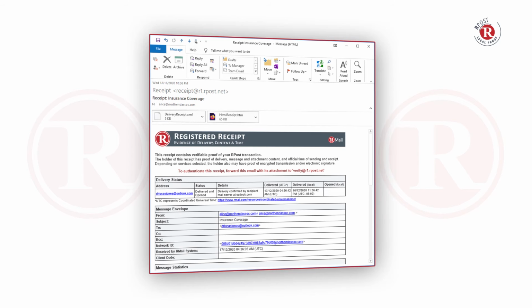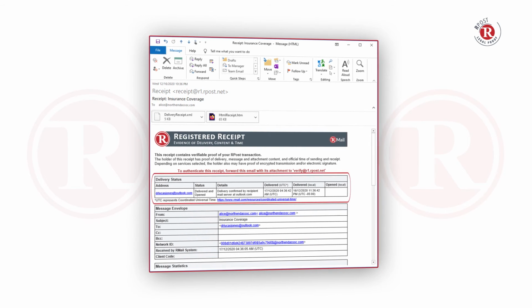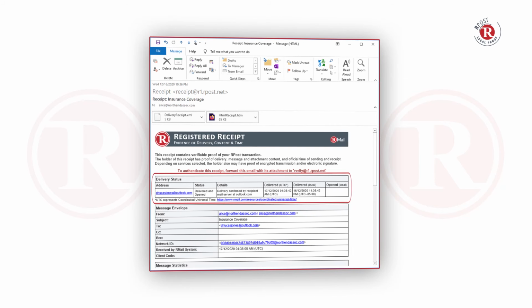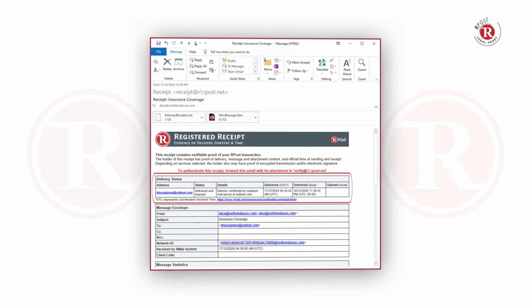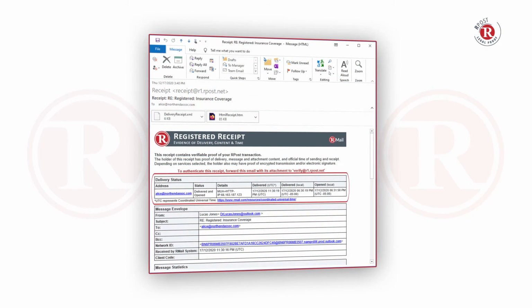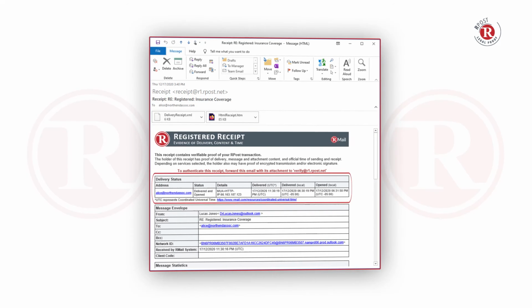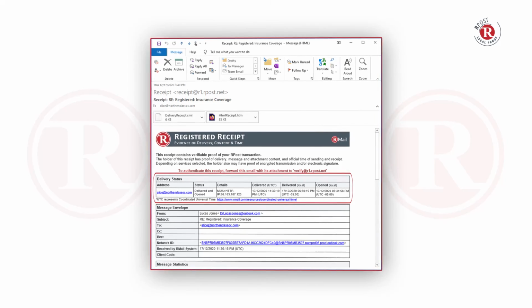Alice, as the sender, receives two registered receipt emails. The first one is the registered receipt for the email she sent to Dr. Lucas Jones. That's the original message sent. After Dr. Lucas Jones replies using the RMail Register Reply feature, Alice receives a second receipt for the reply email